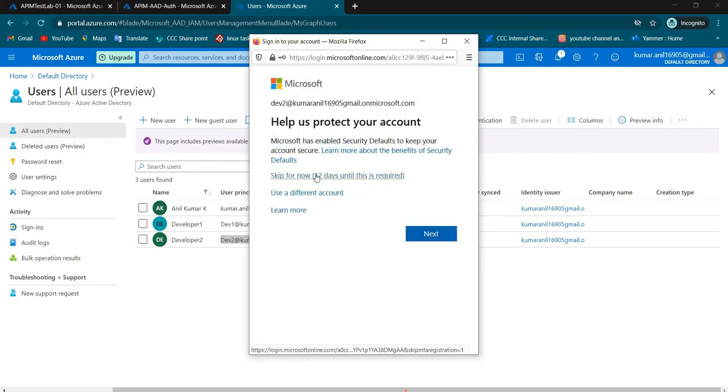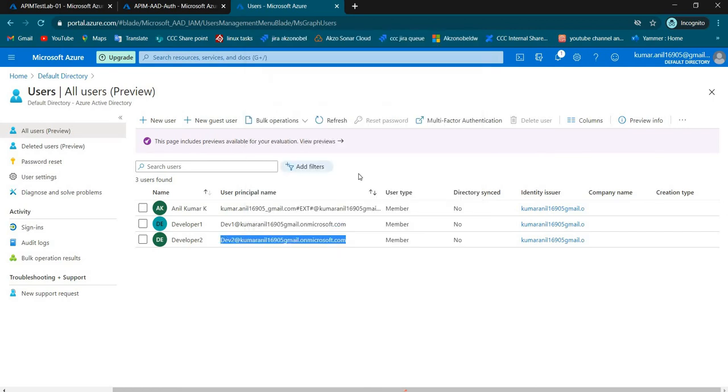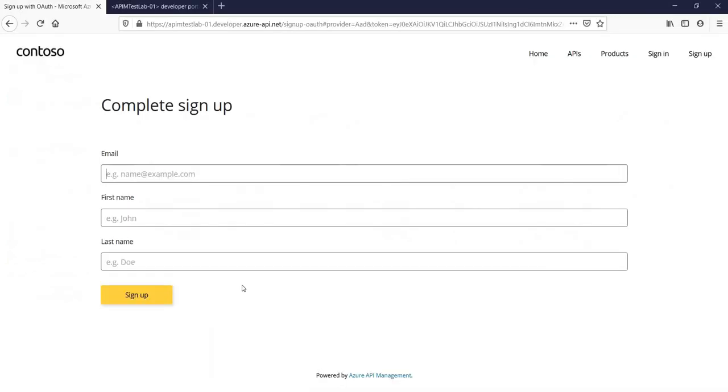It is asking me to, I mean, because I didn't set up any authentication like MFA, so I'm just skipping that. In case your on-premises data center ID has MFA enabled, then obviously whatever security features are enabled under AD will come here as well. Now I think it is already logged in. Yeah. Now it is asking me to enter the details, right?